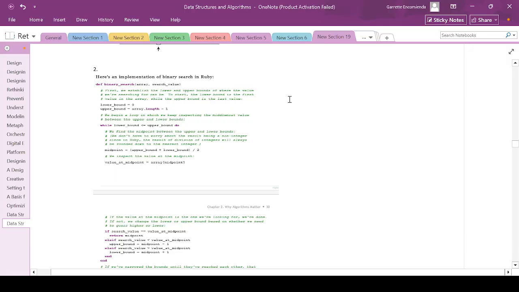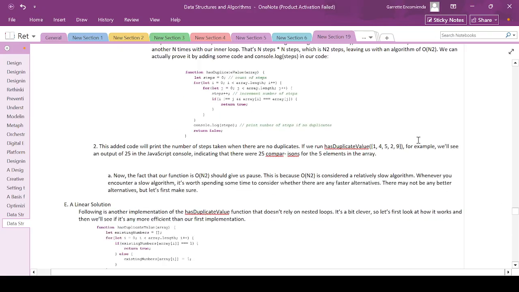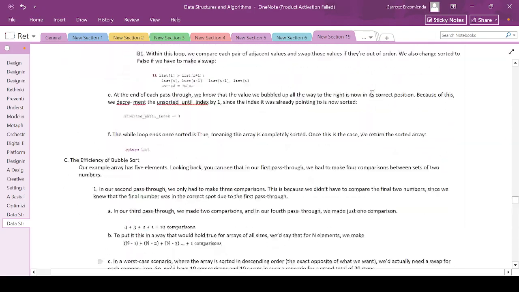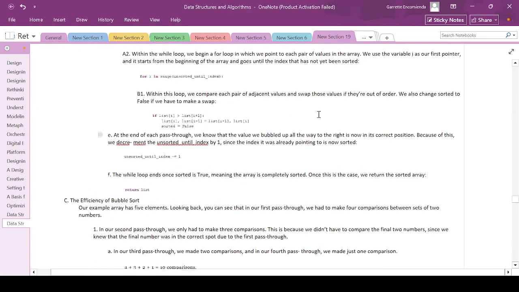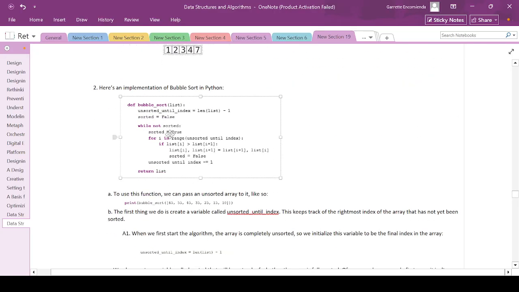Yes, in Ruby it's also def. So that's how we define the function in Ruby. So yeah, we define a bubble_sort function with only one parameter, list, and then we start defining unsorted